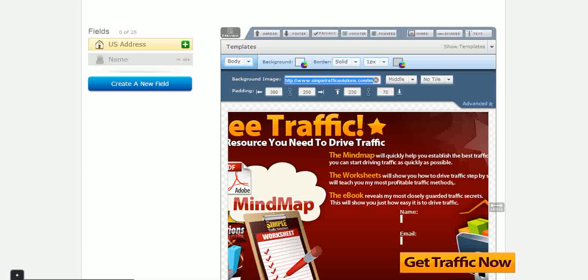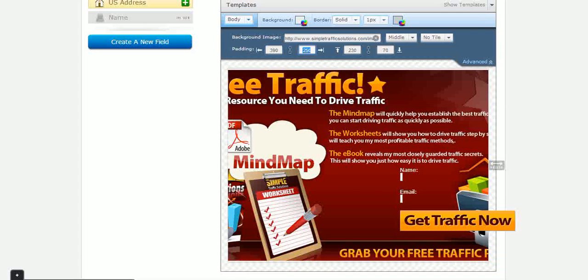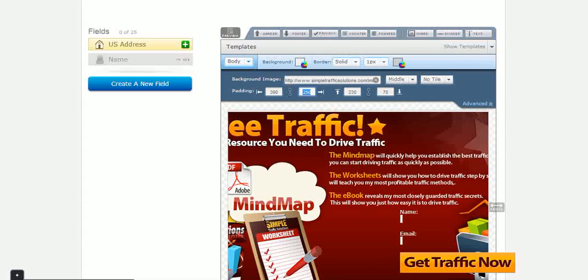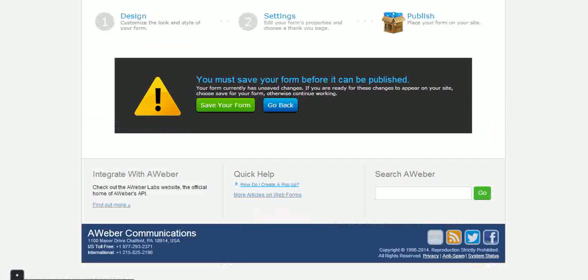Let's go back to Aweber, and basically to get the forms where you need them, you just need to configure the padding to be correct. So you need to set how far away it is from the left, how far away it is from the right, the top, the bottom, and so on, until you get the form exactly where you want it. But it can be a bit tricky because you can't actually see it while you're working on it, to a degree. You just need to have a fiddle around with the figures, and you'll figure it out. But that's all that's done, and basically now we need to go and publish the form,